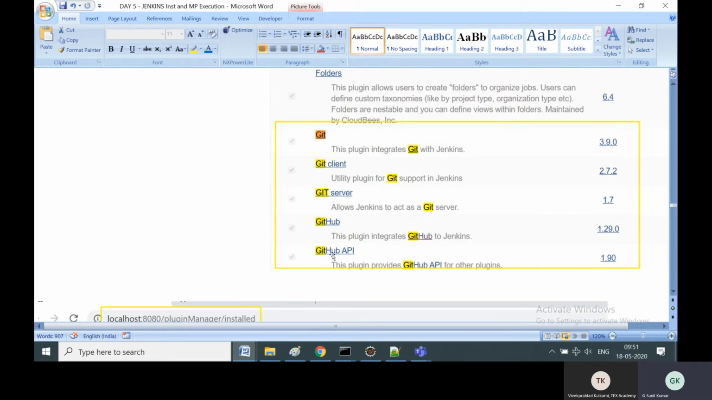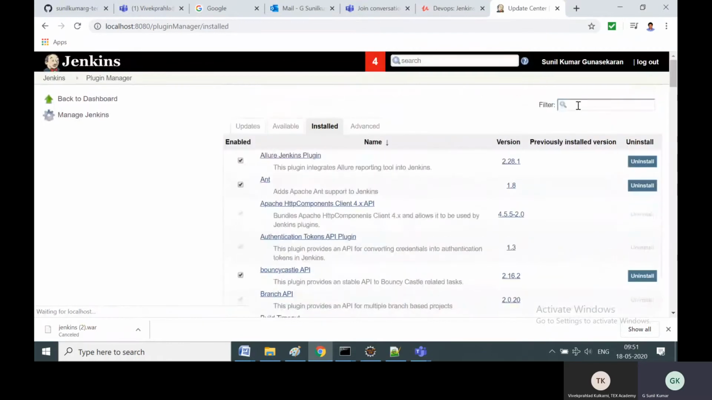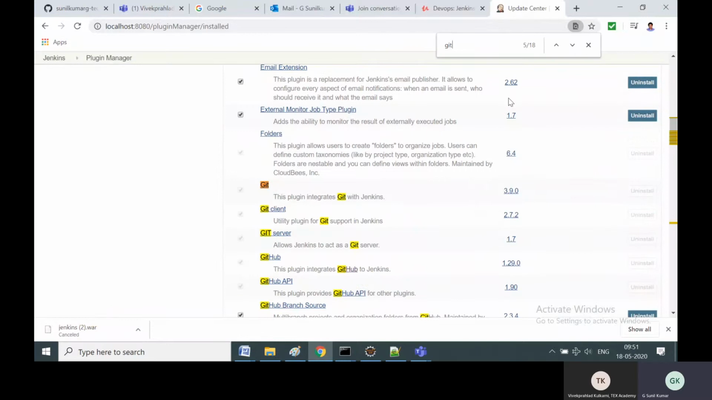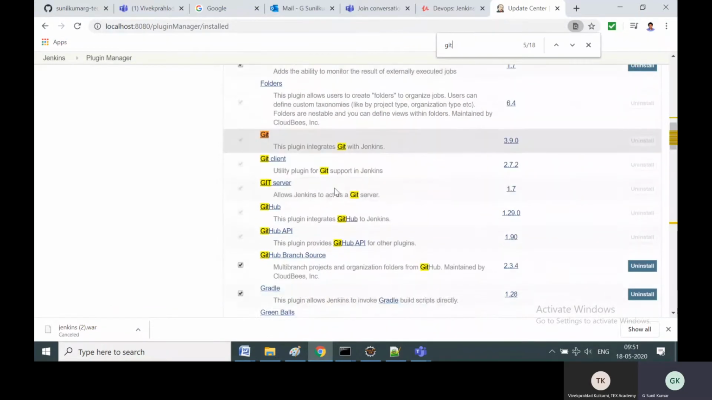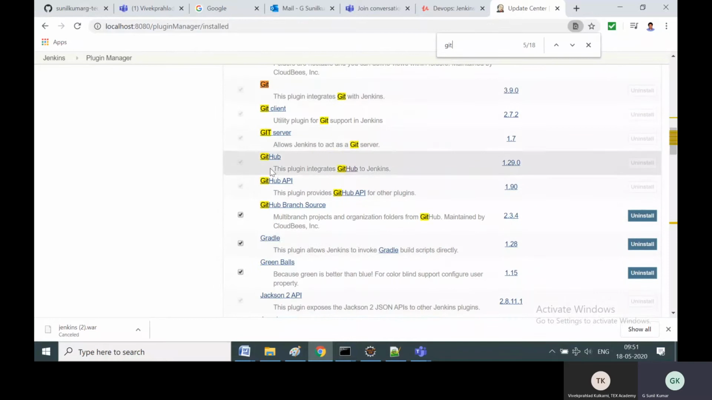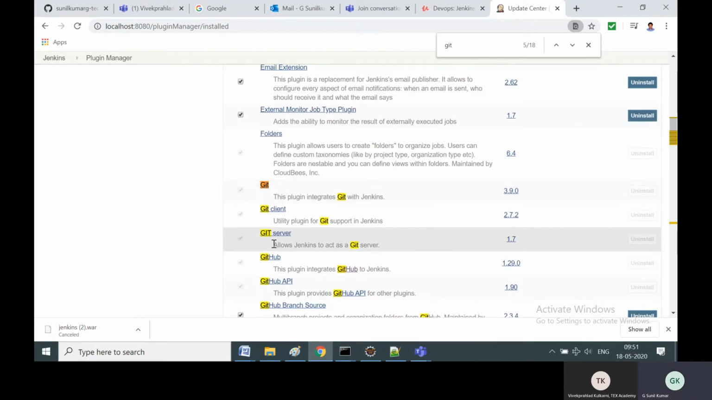So you are going to install these 5 plugins, Git plugin. In the install section, just search. You can just press Control F also, Git. You will get these plugins. Make sure you install them. These 5, 5-6 plugins, get these 5 plugins, compulsory. Once you install Git, GitHub, Git server, Git client, and GitHub API,